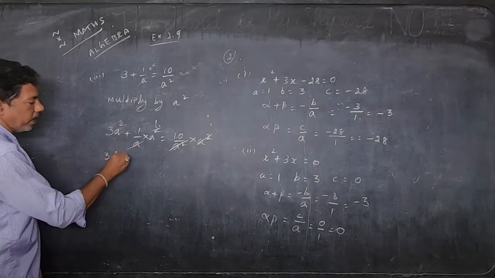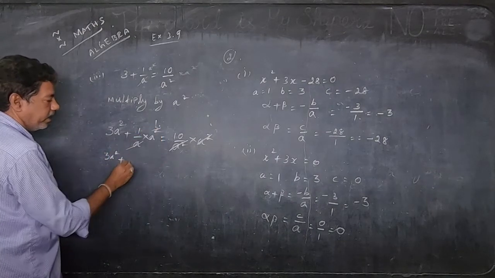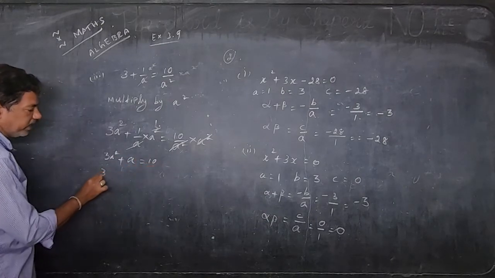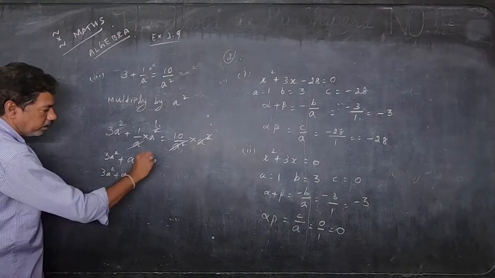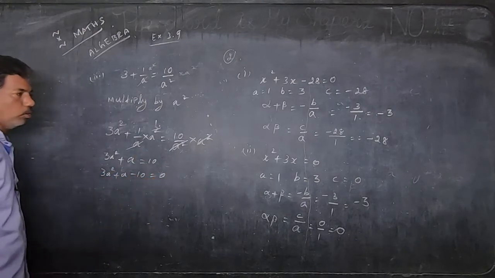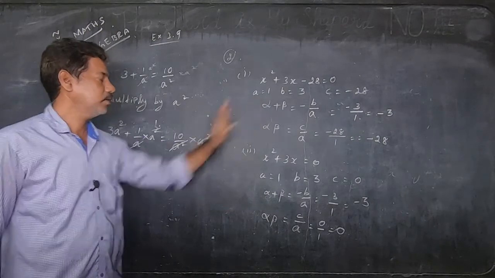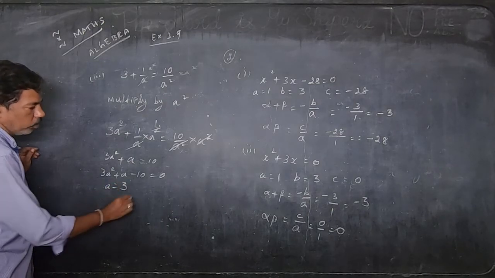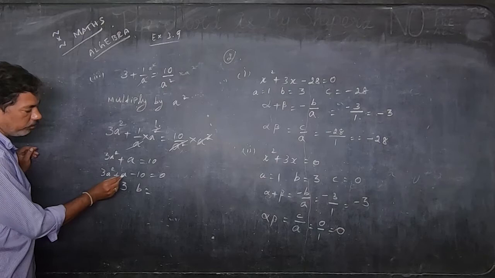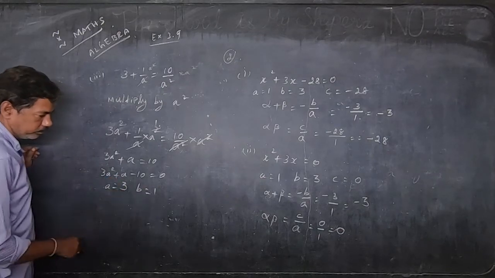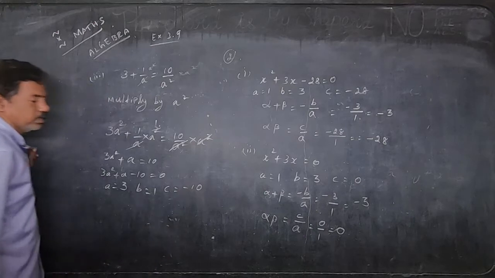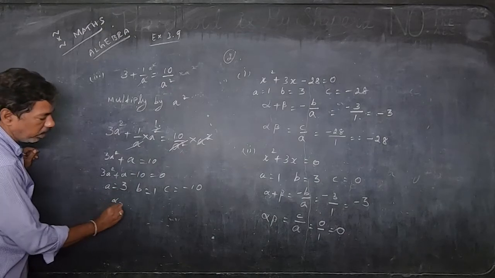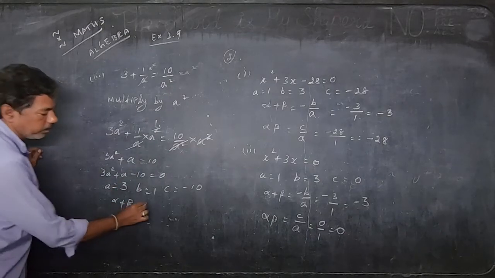So 3a square plus 1 into a power 1, that is a, then a equal to 10. So 3a square plus a minus 10 equal to 0. Now you got it like this. We can identify now. What is a? 3. What is b? Coefficient of this, 1. C is minus 10. As usual, how we found out that sum of roots is minus b by a,